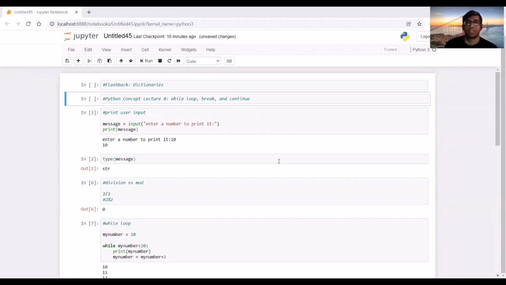Hello and welcome to the 8th lecture of Python concepts: while loop, break, and continue. These are three important concepts in coding where you have to use conditions, or you want to run a loop, or you want to get out of a loop based on some given conditions, which you will run into very frequently. So first, we have to be introduced to some other concepts